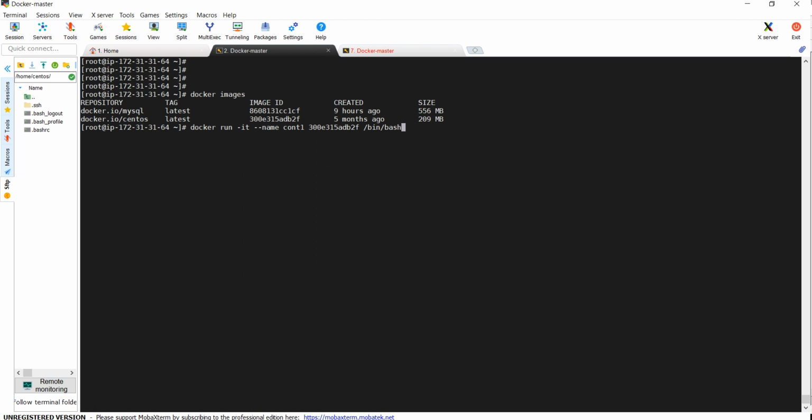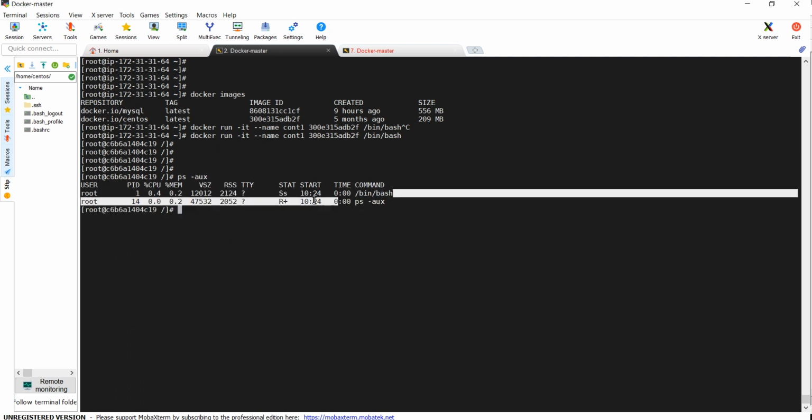Why is this information required? In some commands you will see docker run -d. So what is the difference between -d and when we need to explicitly specify bash? First we run this command with /bin/bash. It has created a container and I am inside the container. If I run ps -ox, there is only one bin bash process running.